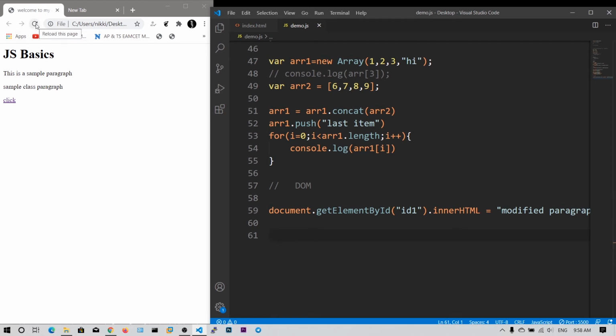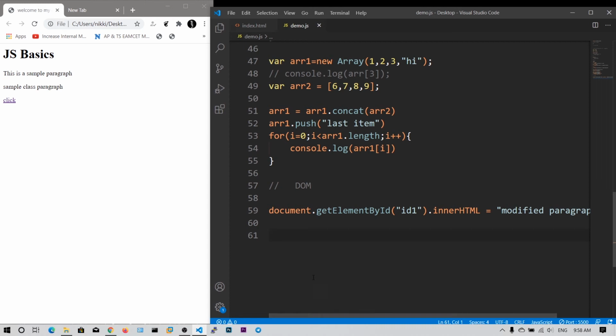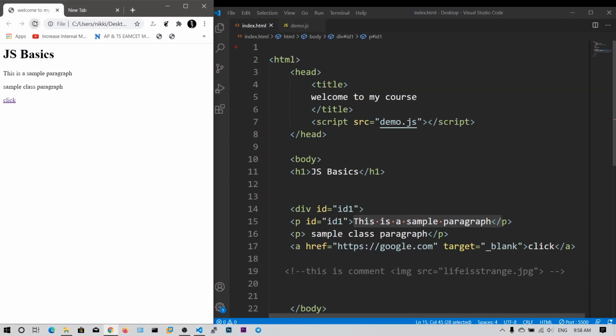If I refresh this page, okay, why did this not get modified?